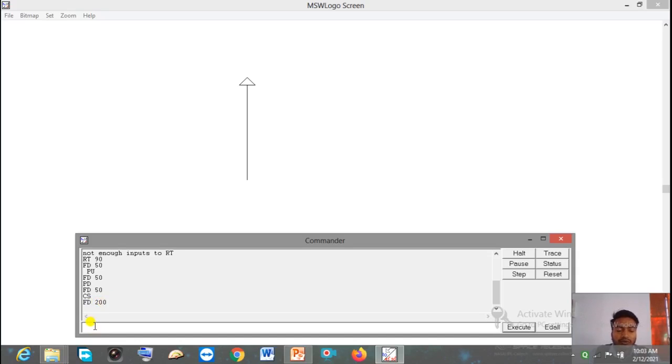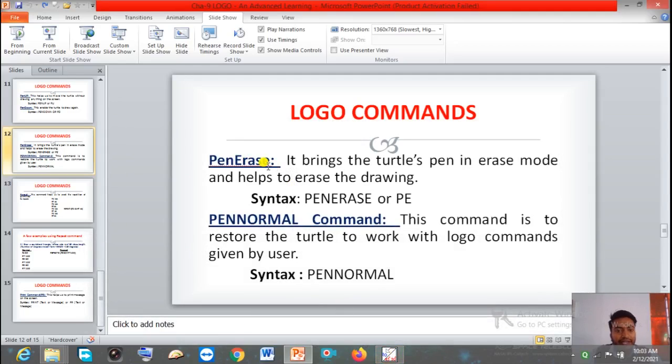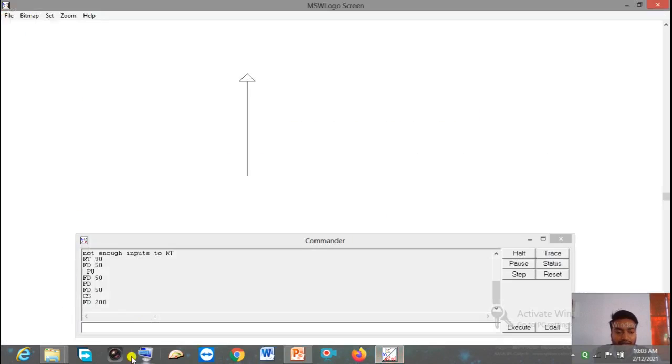So what do I have to do now? We have to erase 100 steps. So what do we have to give? We have to use the pen erase mode now, the pen erase command.